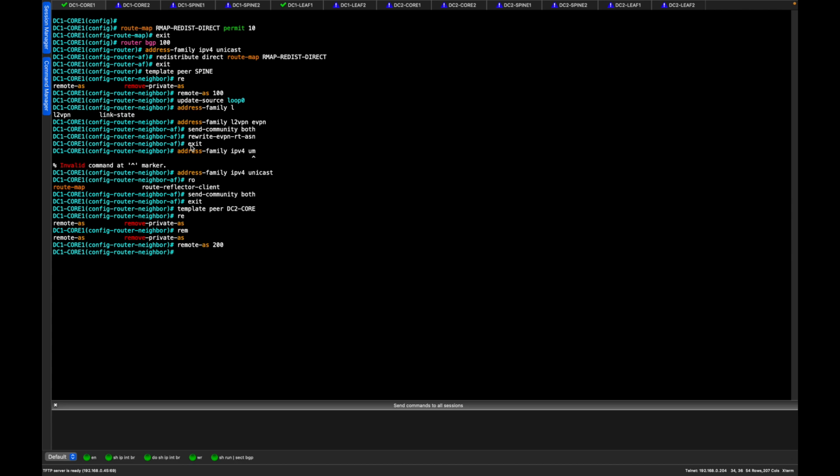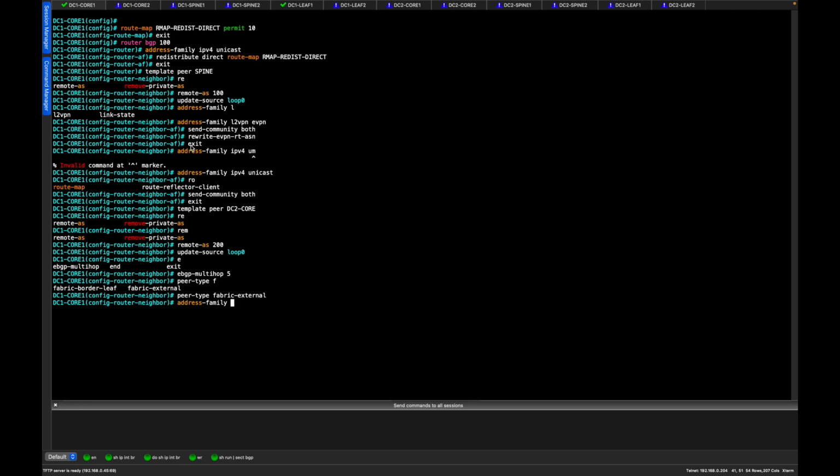We want to set the update source as loopback 0. eBGP multi-hop to 5, because we're paired on the loopbacks, there will be more than one hop, which eBGP will set the TTL to 1, and obviously that isn't going to work for us. We also need to set the peer